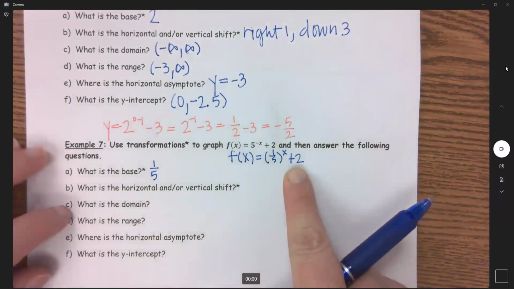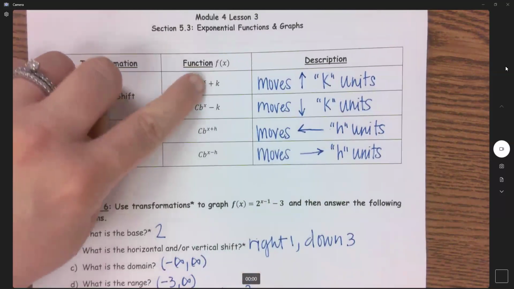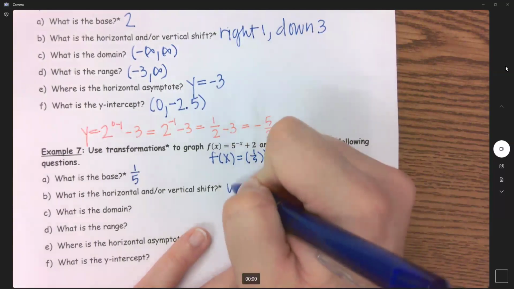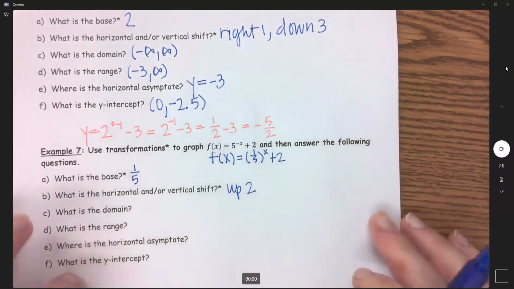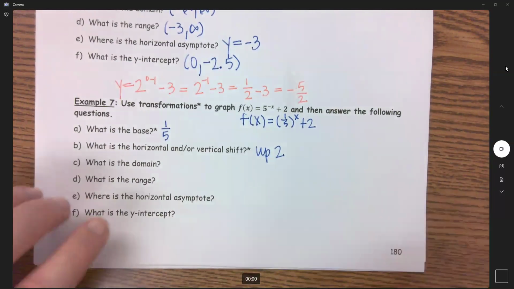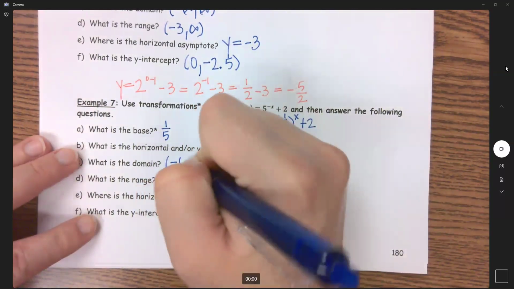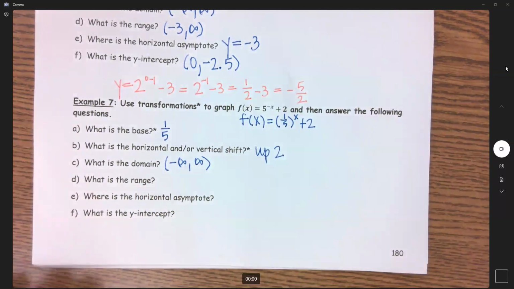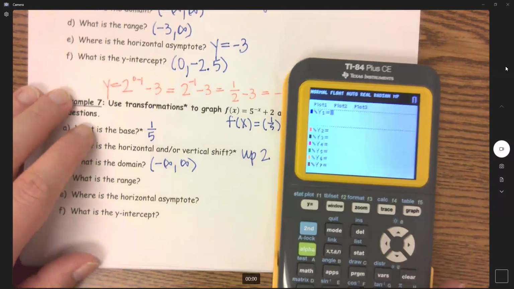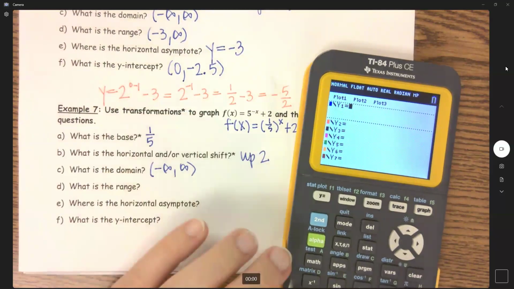What does this plus 2 do? Well, that plus 2 is not in the exponent, so it's going to move this up 2 units. And now let's graph it to find this. Now, really, we don't need to graph it to find that domain. The domain of any exponential is all real numbers. But if I put this in, and it doesn't matter what version of this you want to put it in,